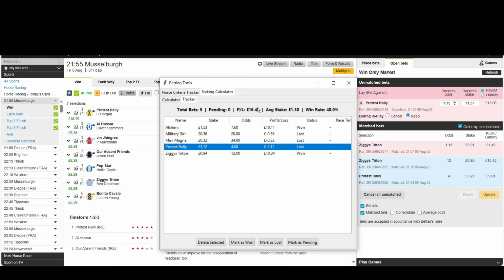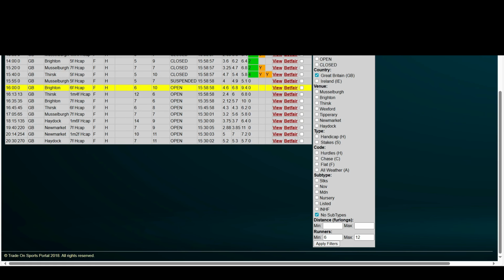So profit again. Now at this stage, guys, in the day's racing, I'd be looking at saying, you know what, I've exceeded 10 times my average stake in profit, and I would probably stop. But for the sake of this video, I'm going to keep going, just in case we have any more examples that are outside of the zone as we go on from the rest of the afternoon into the evening's racing. And I can tell you the next race coming up is going to be